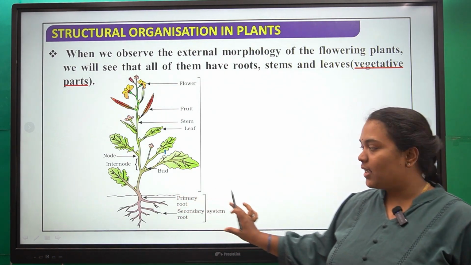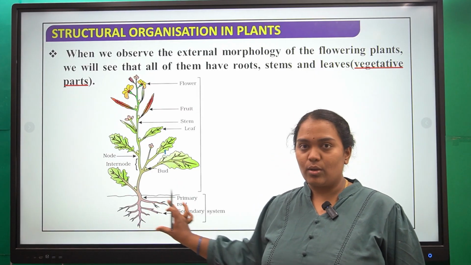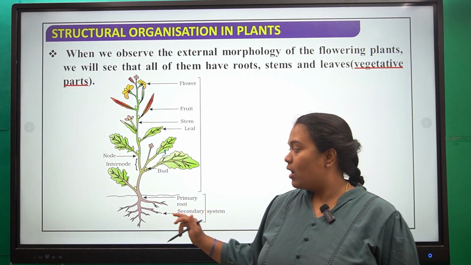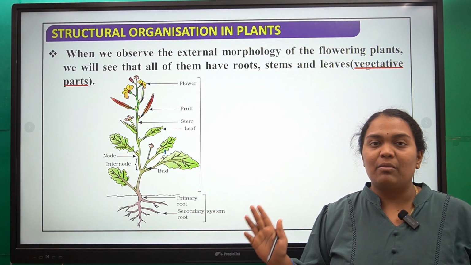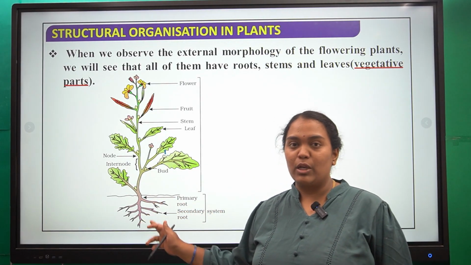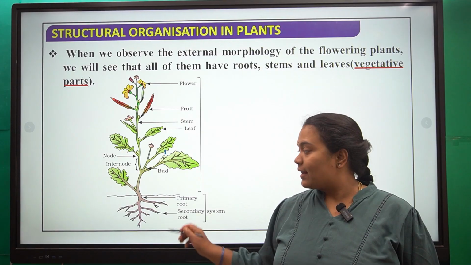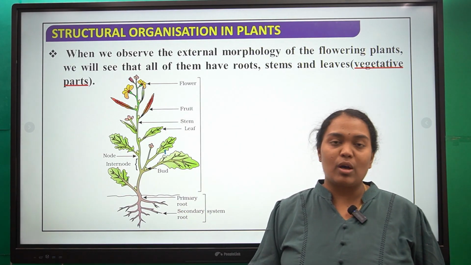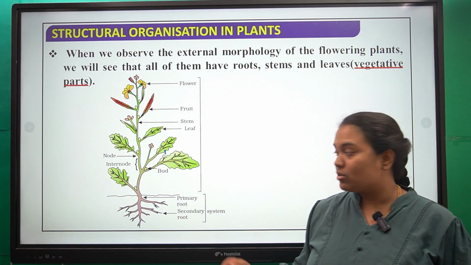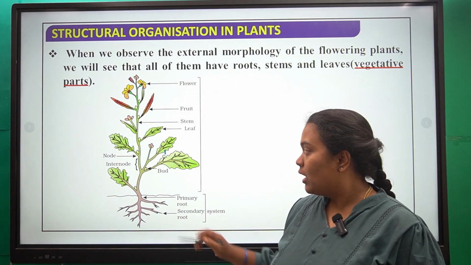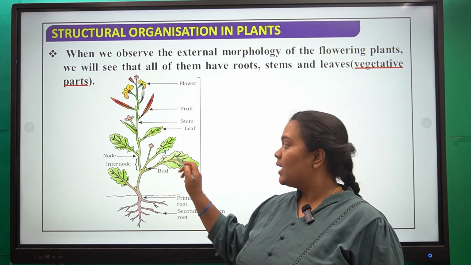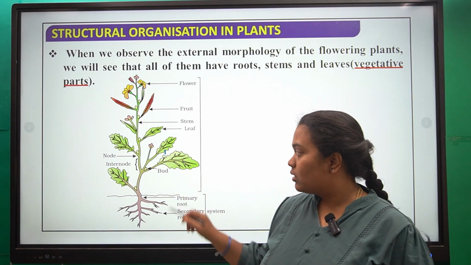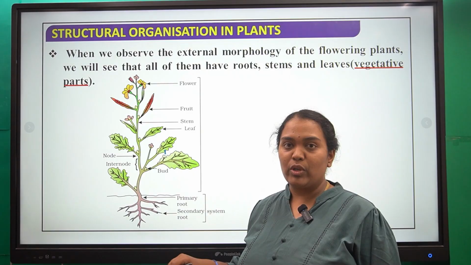So this is the primary root. This is a root system containing two types of root, that is primary and secondary root. What is primary root? The main branch coming directly from below the stem is the primary root, and the other branches coming from the primary root and helping in absorption of different minerals and water from the soil are nothing but secondary roots. When you look at the stem, here the stem is having what? A bud. Bud means a growing flower. So the bud is present in the junction between the stem and the leaf.